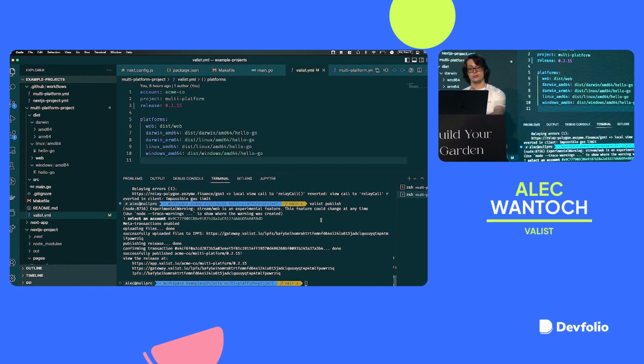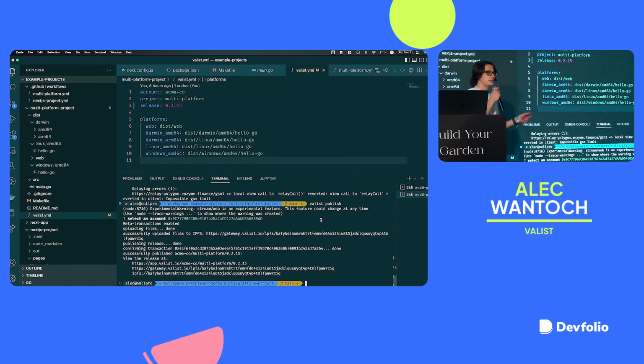You can run this on your local machine. I just ran this a little bit ago, and that's the log that we got. So I just published 0215 with that, and then we get a couple different URLs here as well. So you can access it in various ways. And then we also provide automatic subdomains for you.